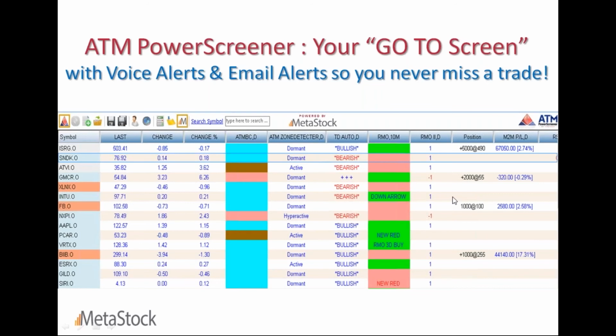William asked the question, how does ATM work with FX? With FX, I think the biggest drawback sometimes could be that you don't have volume data. So stuff like the SWI and the zone detector are not to be used if you're trading the FX markets. But yes, you can definitely use the trend decider. You can definitely use the super filter, which are more price-driven indicators.